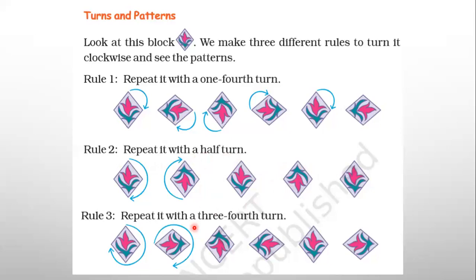Now you are going to learn about the 3/4 turn. 3/4 turn means a turn of 270 degree. Here see, the first figure, that is the original figure, the tip of the flower is to the top. And when it makes a turn of 3/4, that is 270-degree turn, it will be coming to the left position. See, look at the movement of the pointer. When it comes to this position, 90-degree, again down coming 180-degree, again 180 plus 90, 270-degree, it will be coming to the left position. See, the tip of the flower will be facing to the left.